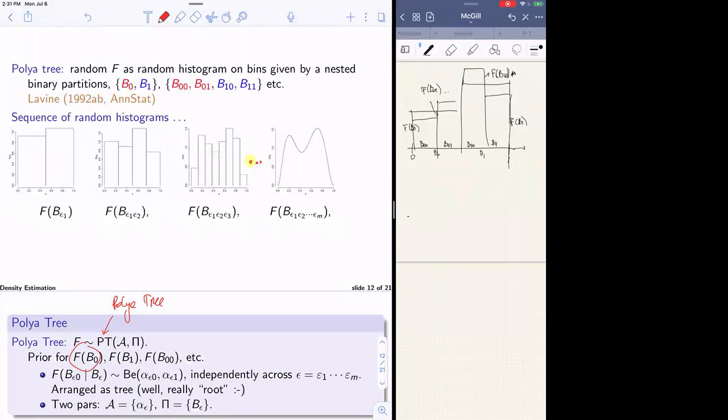To get the 4-bin histogram, we need the random probability of B01 given B0. And here's the way we generate the random probability of B01 given B0: we just generate it from a beta random variable with parameters alpha 00, alpha 01. And in the same way, we keep on going. Anytime we have